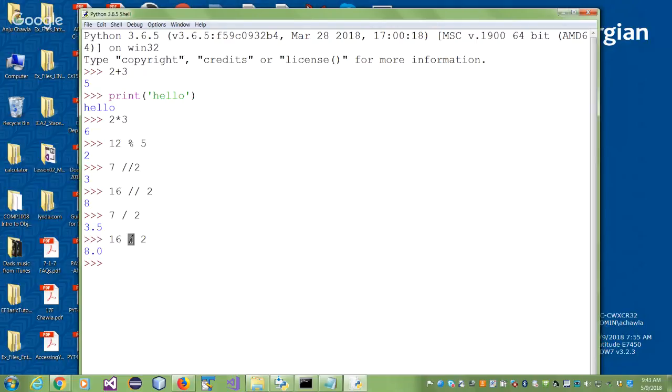The answer is 8, but it writes it like an 8.0, right? So to human beings, 8 and 8.0 is no different. But for a computer, these are two different sets of numbers. How it manipulates integers and how it saves integers in memory is very different from how it works with floats and saves them in memory.